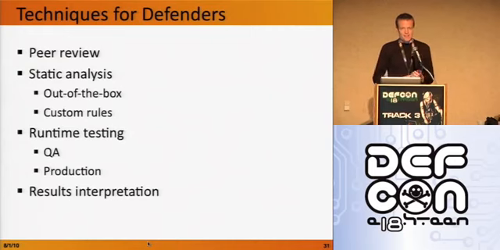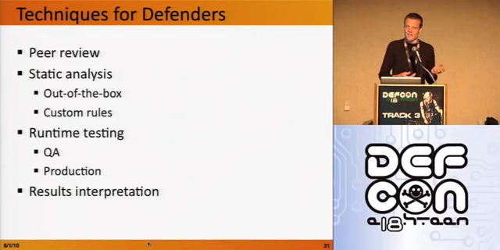So I'm going to talk about a couple of techniques. First and foremost, maybe most popular, peer review, right? Manual code review. You're reading through code that somebody else in your organization wrote. Static analysis is, when it comes to security vulnerabilities, a great way to expand on and expedite the code review process. So we're going to talk about how static analysis can apply to finding insider threats.